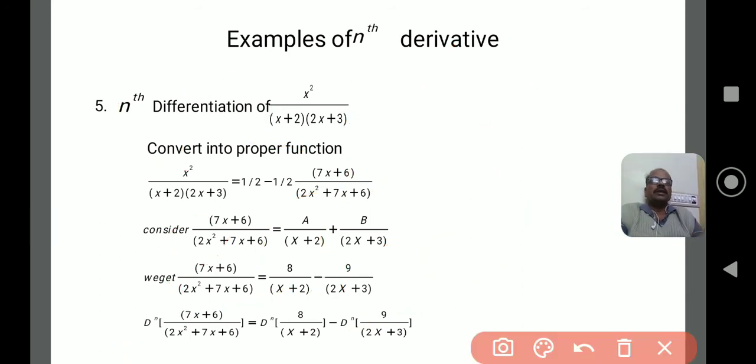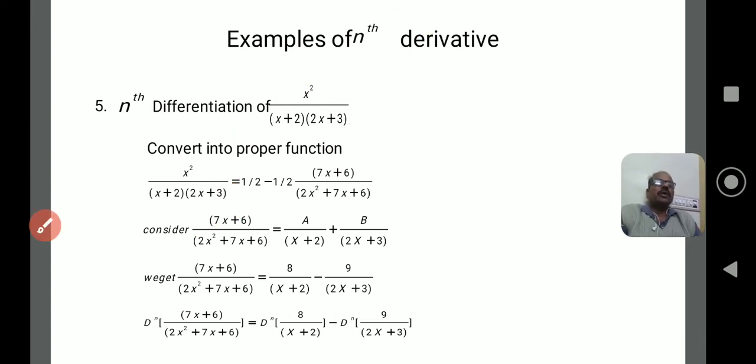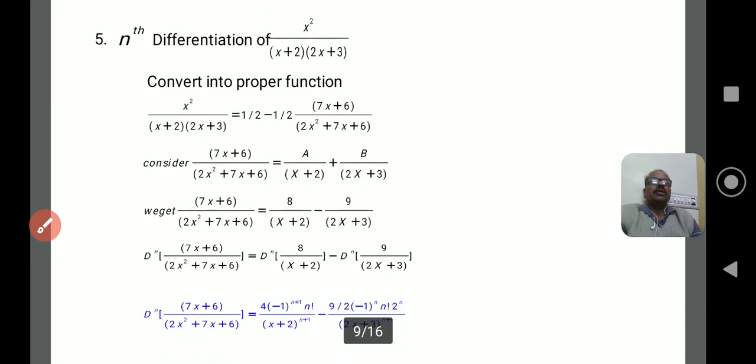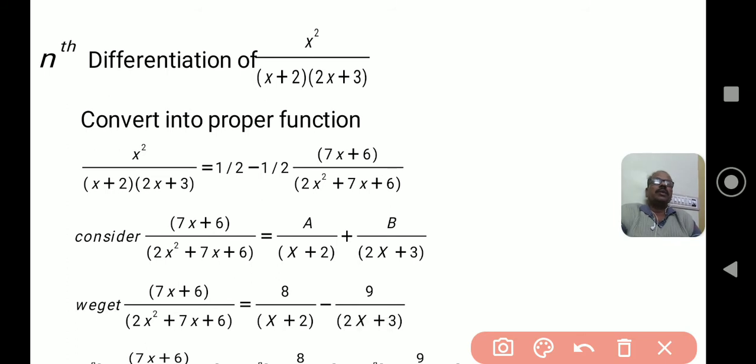Okay, observe the result in the given function. The degree of the numerator is 2, and the degree of the denominator is x into 2x, which becomes 2x square. Both are the same, which means the given partial fraction is improper. What is the next step we are going to do in the improper fraction here? You should bring it into a proper fraction. How to do this is a very simple method.